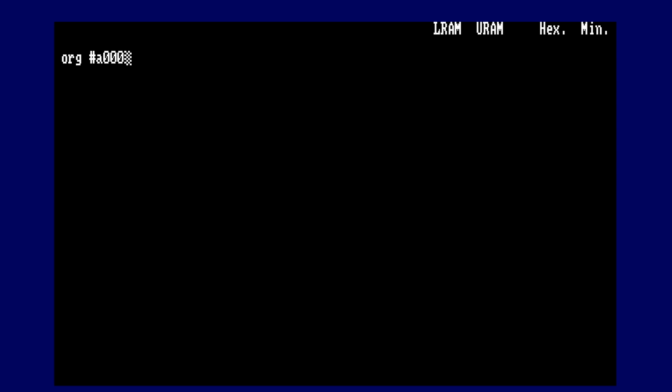Important thing to remember here is that there are a number of assemblers that will use the nomenclature of an ampersand or a dollar sign to represent hexadecimal numbers, or even 0x. In Adam, it uses the hash symbol. It may seem a little strange, but you'll get used to it. So A00, org address. Labels always start in the first column,